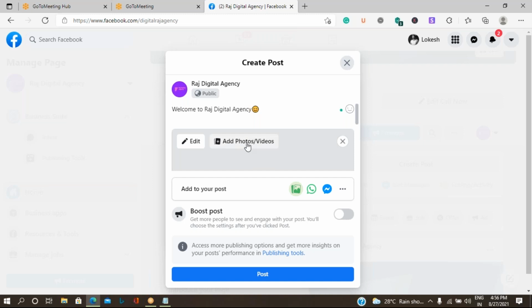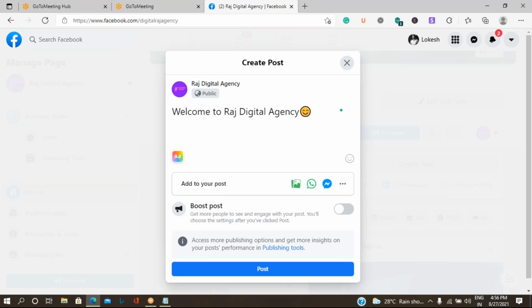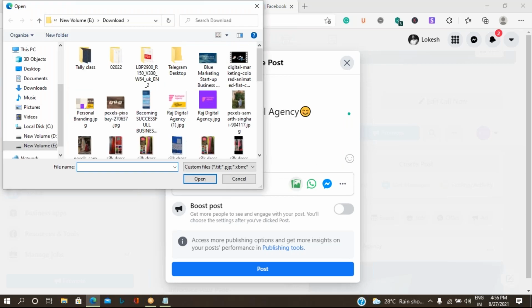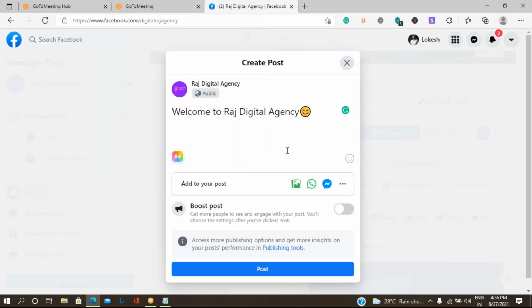Suppose you do not want to use images, if you want to add videos, then you can remove it by clicking on this close mark, and again you can go back and select the video option. Okay, so this is related to image text post and the video text post.